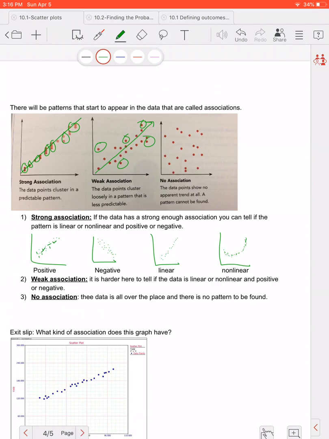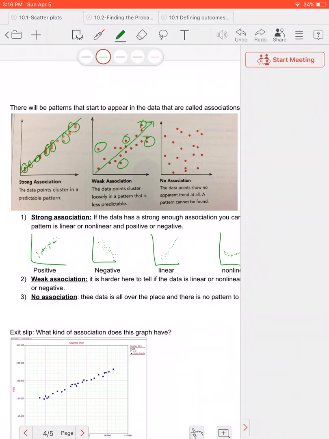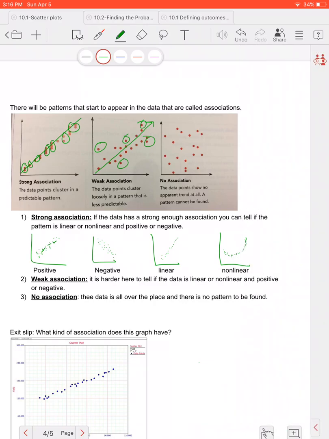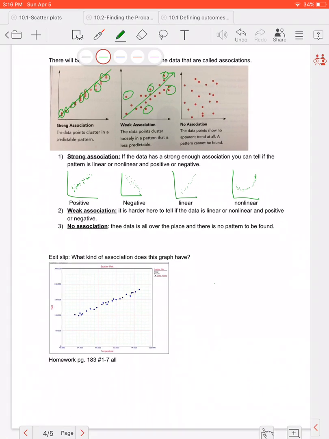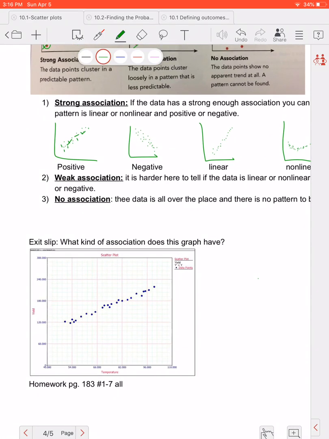And again, weak just means it's still going in a certain direction, but it's harder to tell, they're not as close to that line. So for your exit slip, go ahead and pause the video and tell me, what is the association? Is it positive, negative, linear, nonlinear? Is it strong, weak, or no association? Okay. And in this case, I would definitely say we have a positive, and I would say this is very strong. Okay. It is very, very tight together, very close to that line. Okay, go ahead and try your